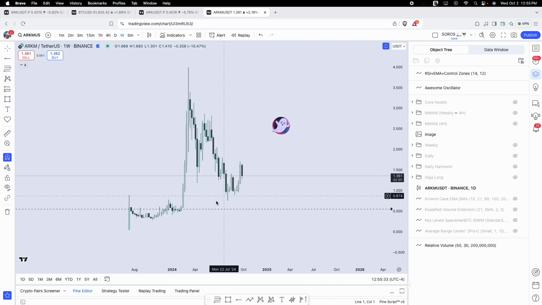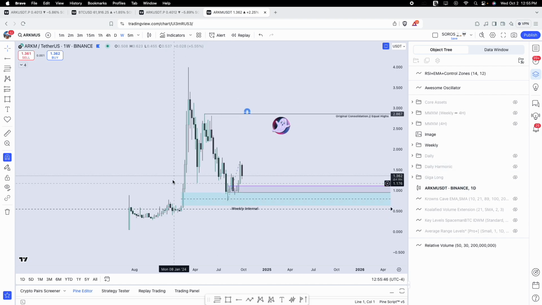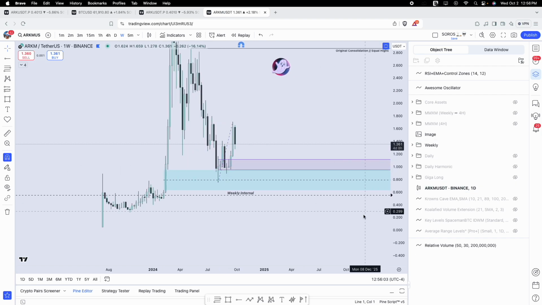We're going to start on the weekly. There was an obvious consolidation down here, massive expansion, and now we're drawing into discount within the weekly range. So what I see in the weekly is there was one final weekly inefficiency over here. There were 3 total, just because that monthly candle was wild, but we've drawn into the deepest one right here in discount, and we've tagged the midpoint and had a very good reaction coming out of there.